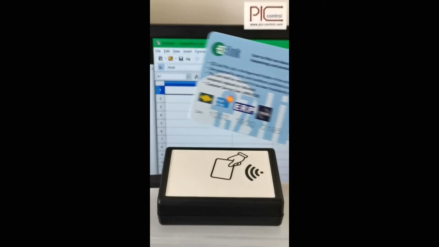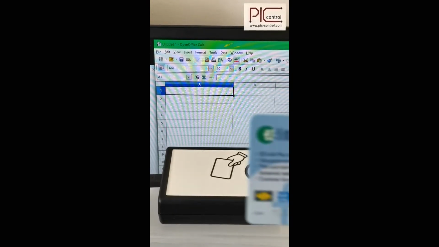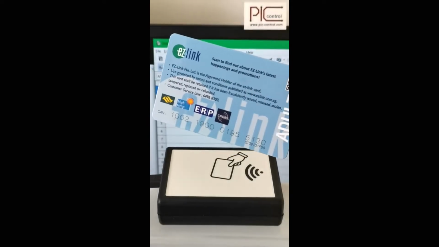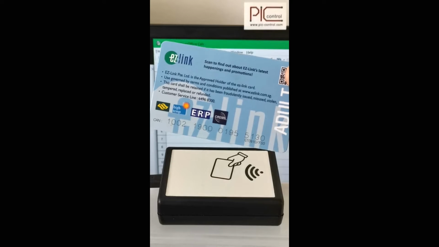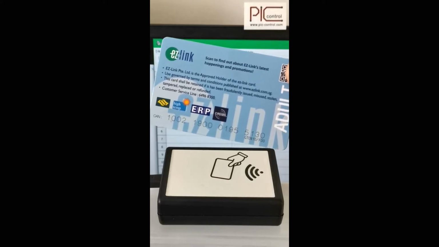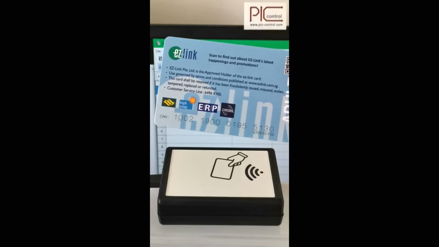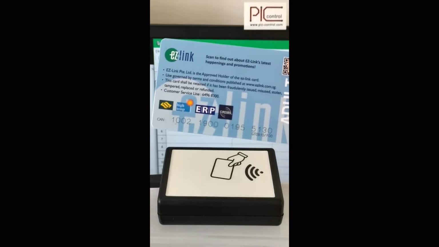Okay, what I have here is a CAN number reader. This device over here is a CAN card number reader. So basically it will read off all the CEPAS cards that are issued in Singapore. It can be EZ-Link, NETS FlashPay. There will be this number called the CAN number. So in this example, the number is 1002